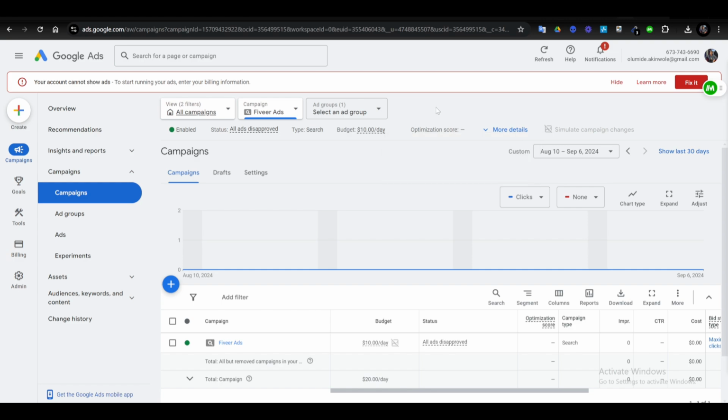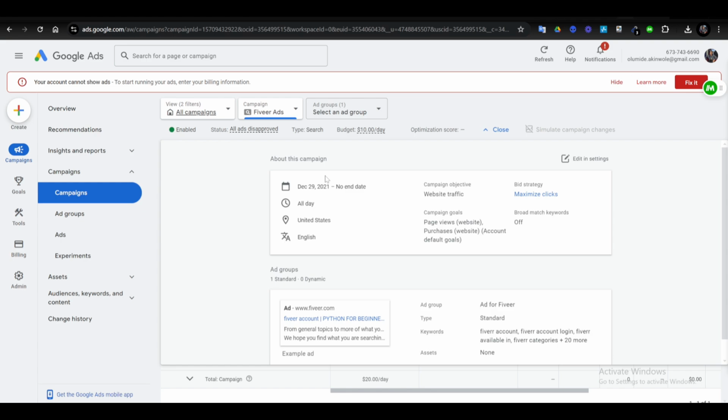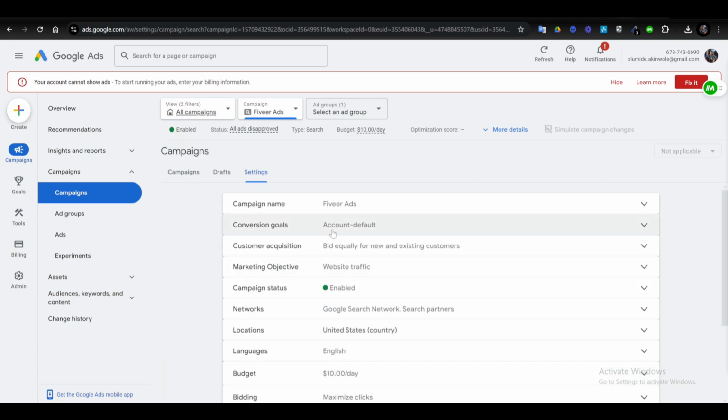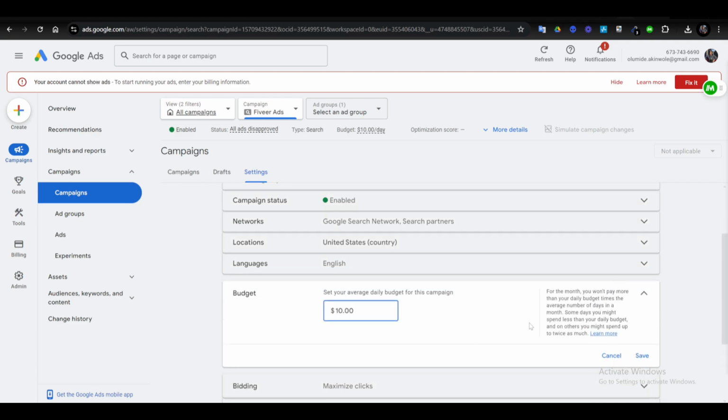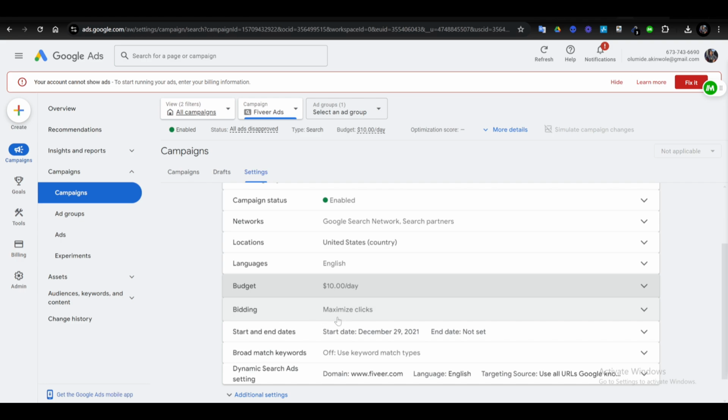Okay, so after that you want to click on more details. All right, so about this campaign, then you want to click on edit in settings. All right, so down here, as you can see, you can also change your budget right here and then you save. So now